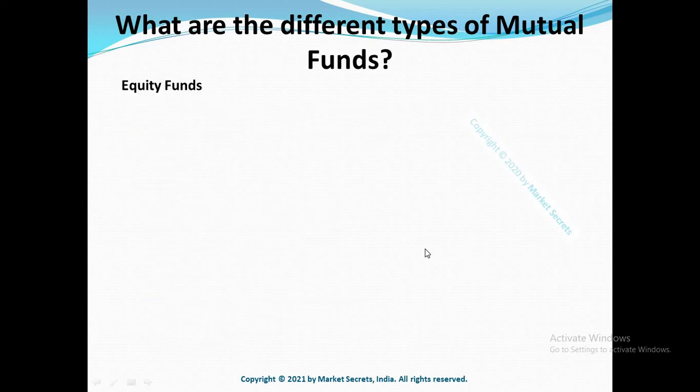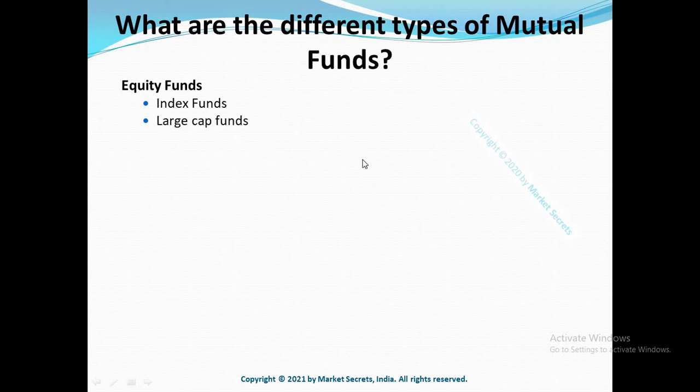Moving on to the equity funds, let's start with my favorite, which is index funds. These funds replicate the portfolio of a specific index. So a Nifty 50 index fund will have the exact 50 stocks which are part of the Nifty 50 index. Even under index funds, there are two sub-classifications, a plain vanilla index fund and an equal weight index fund. The only difference between these two is the percentage of stock holdings. The plain index fund will give the same weightage to the stocks as the index, whereas all the stocks will have the same weightage in an equal weight index fund. I am not a fan of equal weight index fund. I invest only in plain vanilla index fund.